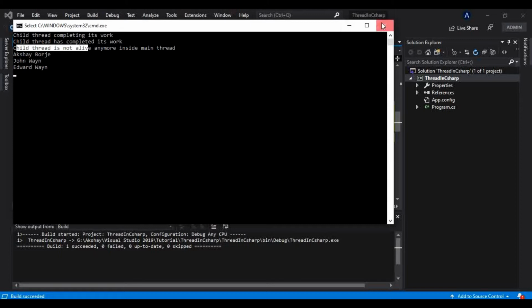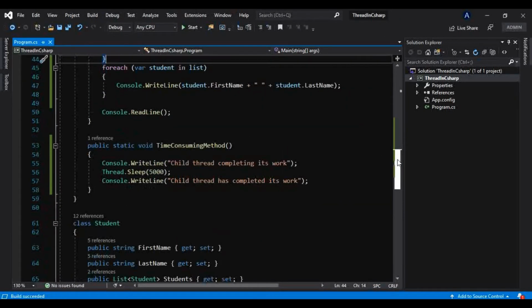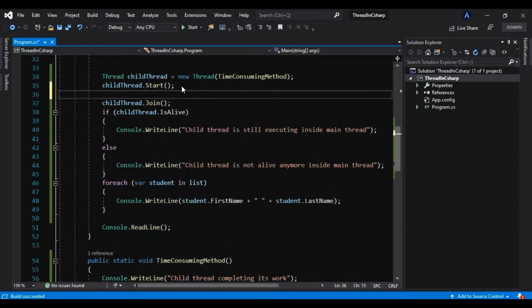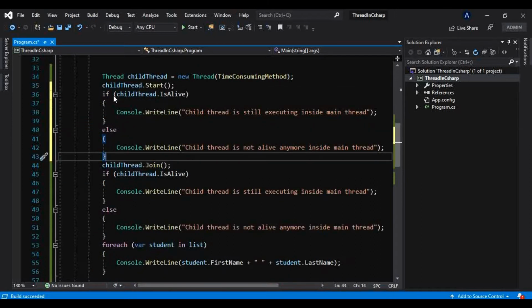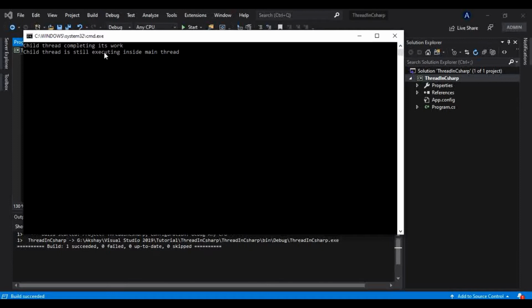Now when would that child thread have been alive? It would have been alive before joining that child thread, before using the child thread join method. So here it should have been alive. Let's run this: child thread completing its work, child thread is still executing inside a main thread.